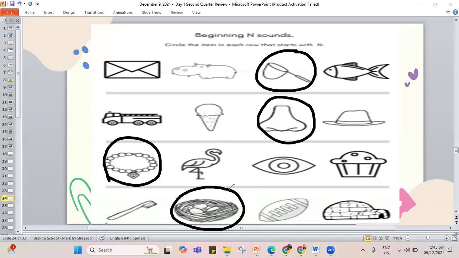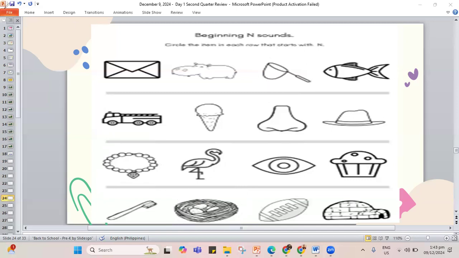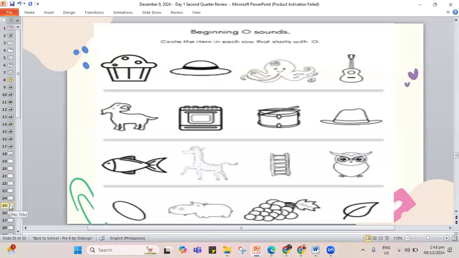Now that we're done with our work for the letter N on the screen, what's the next letter that we need to find things for? It's for letter O. Now, letter O has two kinds of sound. The O sound like in oval and also for the word oatmeal.